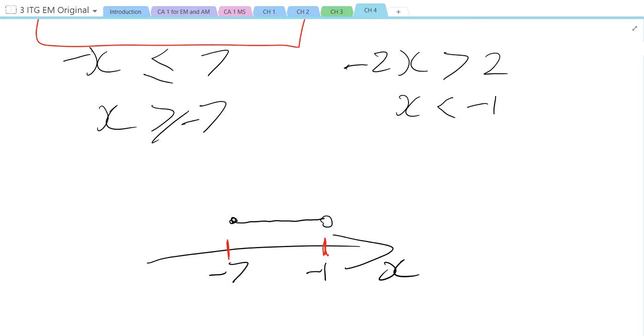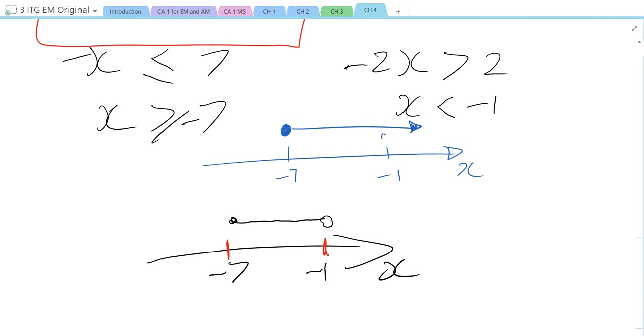It would have looked like this. This is our x, negative 7, negative 1. Negative 7 is less than negative 1, so it must be on the left hand side. Since it is greater than or equal to negative 7, I get one arrow on this side. Since it is less than negative 1, I get another arrow on this side. I am looking for the region of intersection, which in this case will be